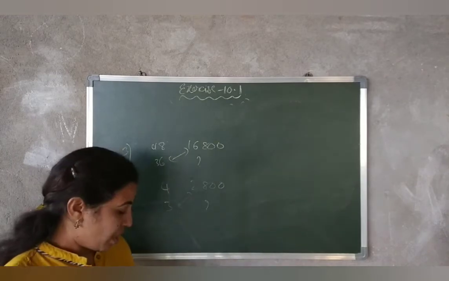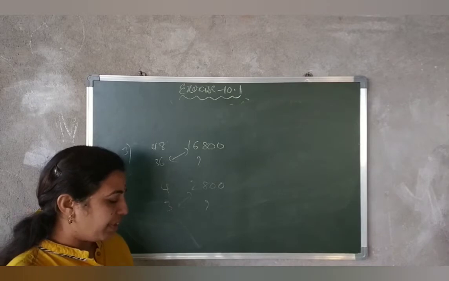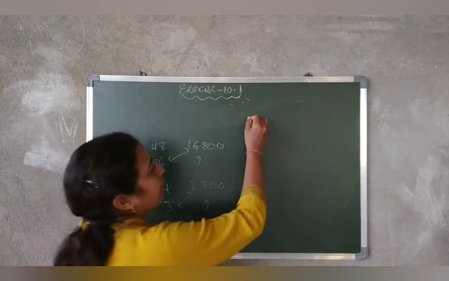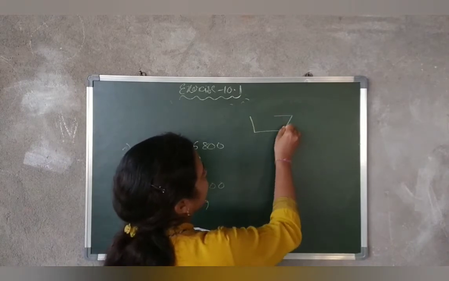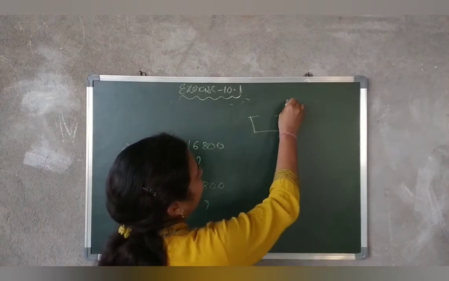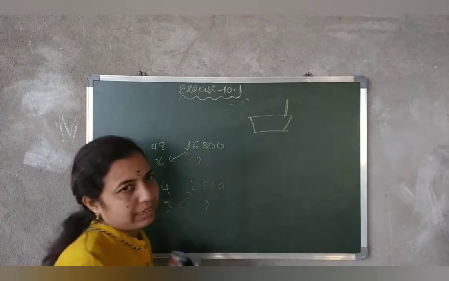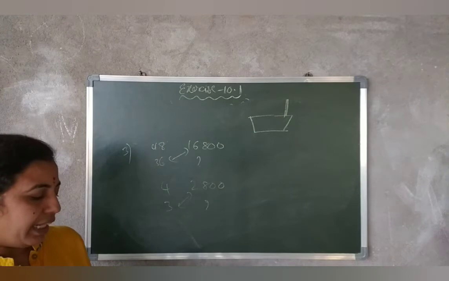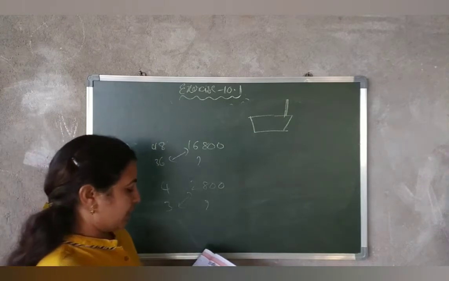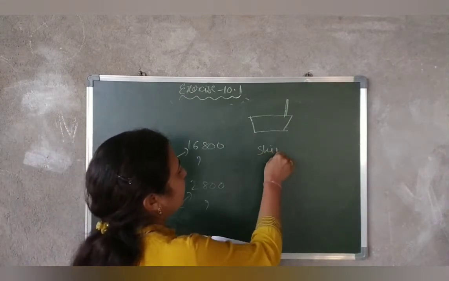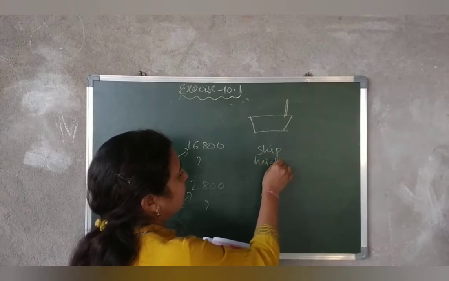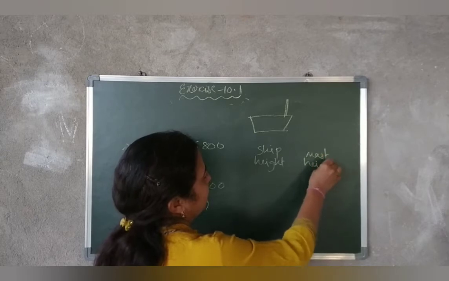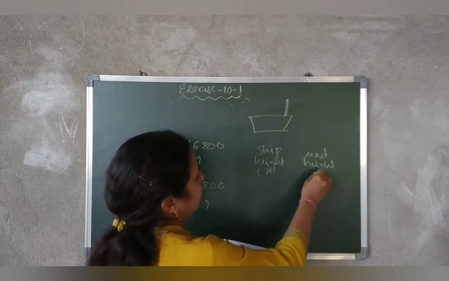Again same. Next problem. In a ship of length 28 meters, the height of its mast is 12 meters. See, mast is nothing but when you consider a ship like this, here they keep a pole like this. So that is the mast. Now the ship length is 28 meters, the height of its mast is 12 meters. Here, ship height and the mast height. This is X and this is Y.